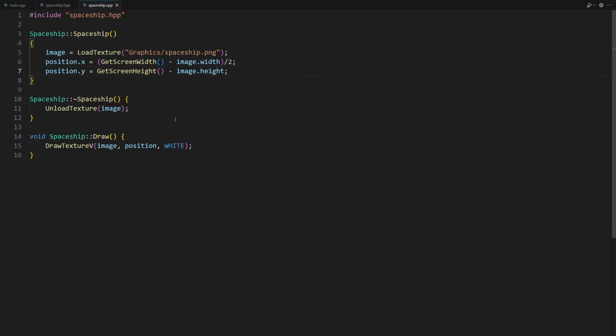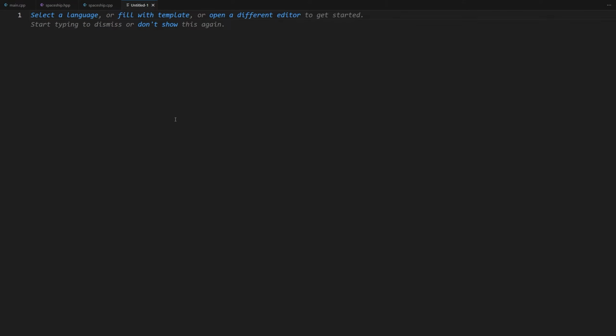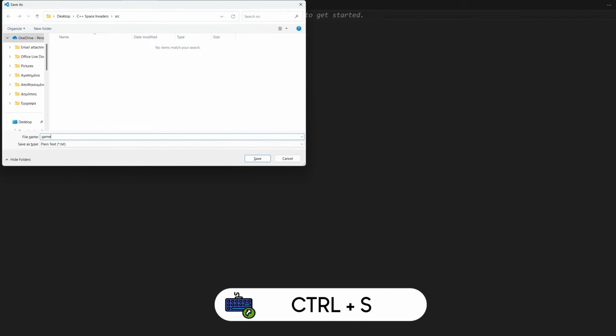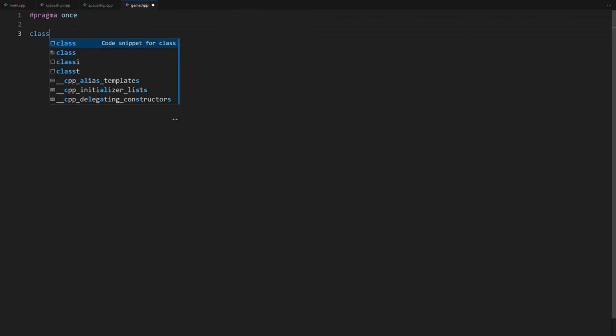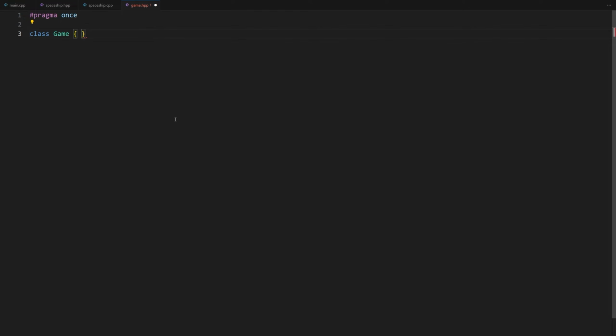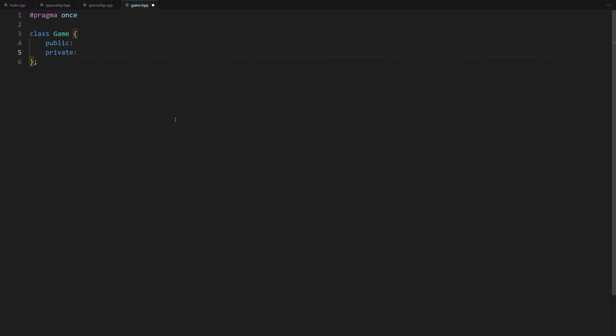So let's create a new game class. We create a new file and we call it game.hpp. Now we type #pragma once, class Game, curly brackets and a semicolon, public colon and private colon. Now let's declare the constructor and the destructor: Game(); and ~Game();